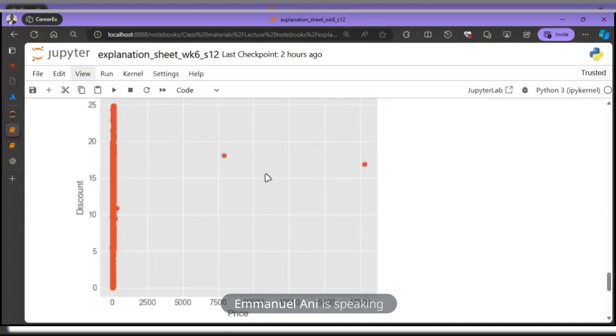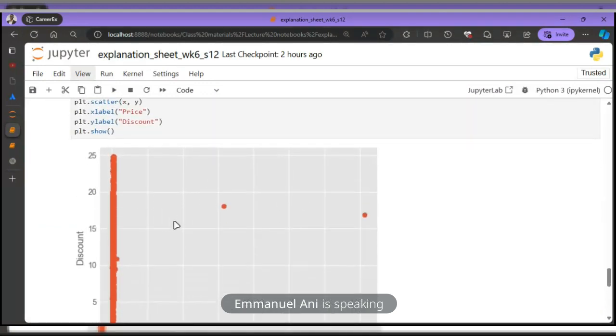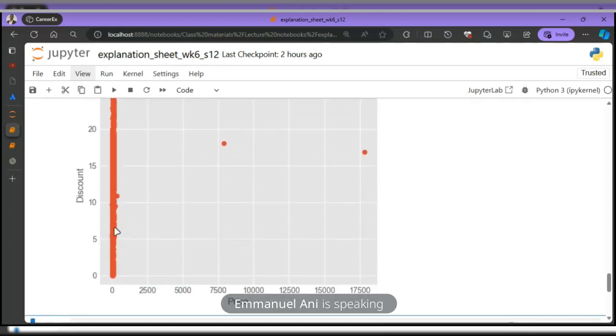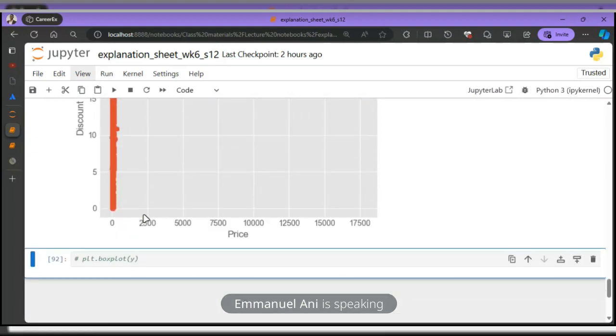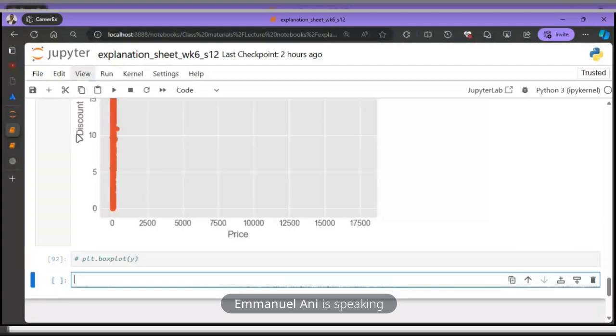So now we can see we have this outlier at 75 and 17,500 for price. This can pose a problem because it's actually out of the range of our price here. It might be that our customers actually bought something for that price. It might also be that they made a mistake while inputting the data, so they put an outrageous amount. As a business person, you will know the things that are possible and the things that are not possible, right? To remove that, we can just come here and say df